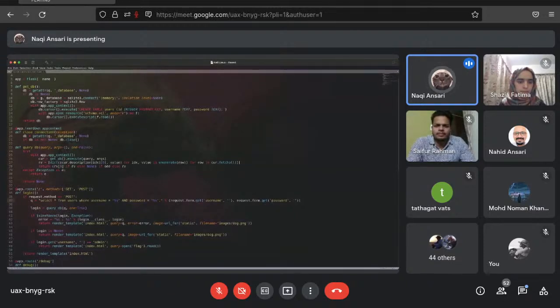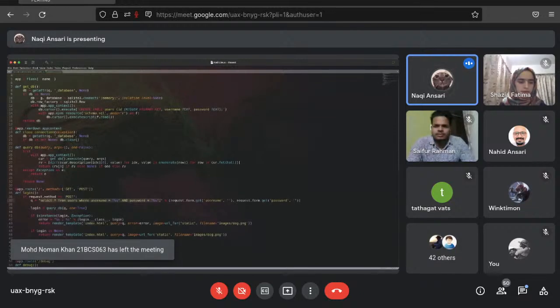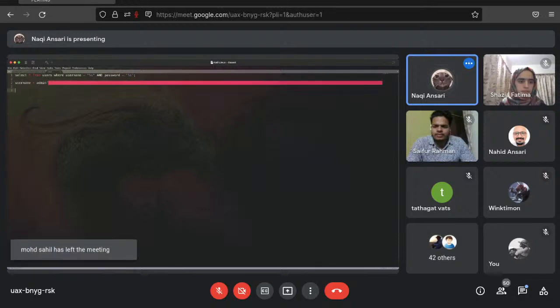In an SQL injection, let me create a new file. We have the following query: select from users where username and password equals the input. Let's say the username we were to enter was admin, and we close the quotes. The query will become select from users where username equals admin, and then an extra quote. There's an extra quote, so if we try this on the application,